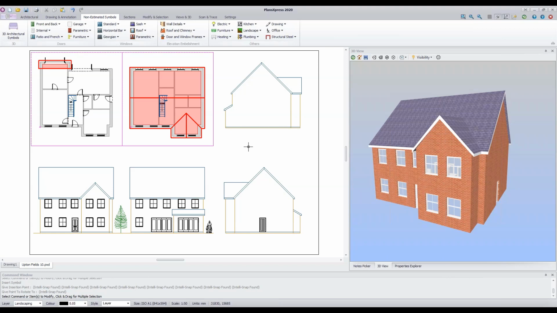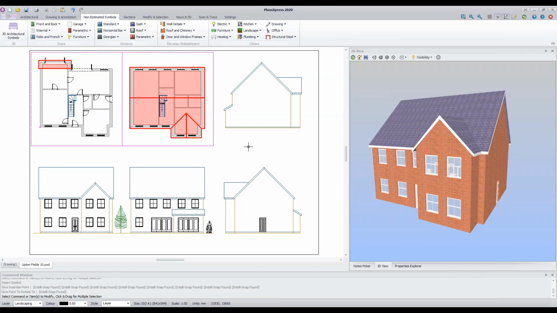Okay, so that completes our exercise on drawing elevations. How are we getting on with that? I know some of you are just observing, but does that make sense? You're getting a good feel for how you can draw your elevations. Hopefully you are. Hopefully that's making sense. Okay, so